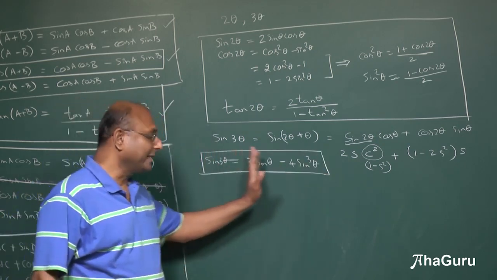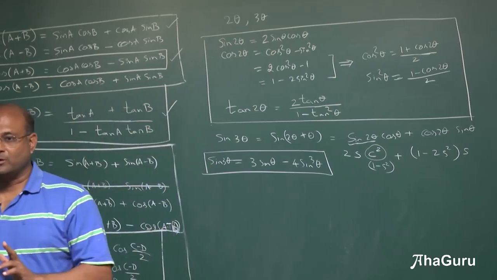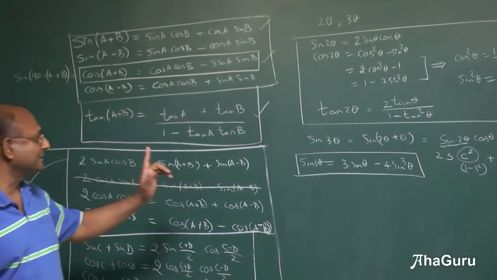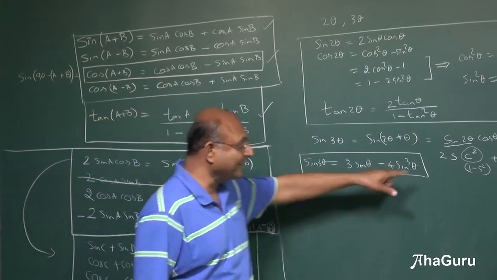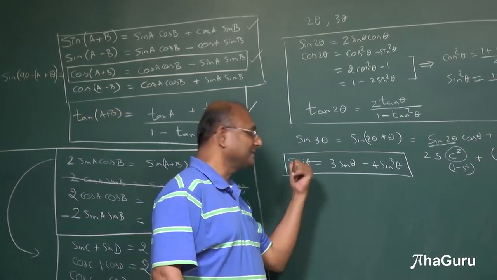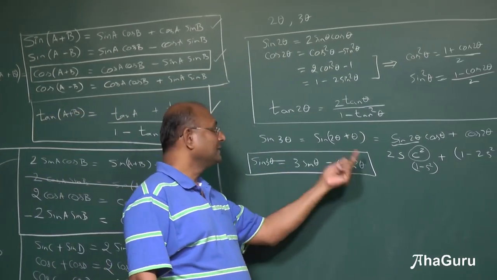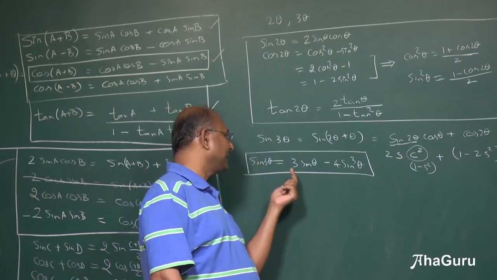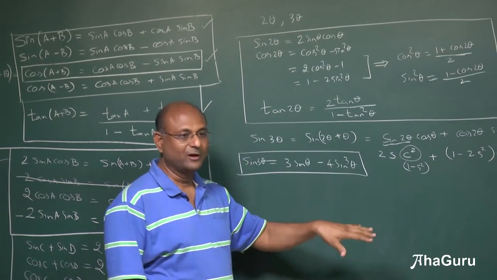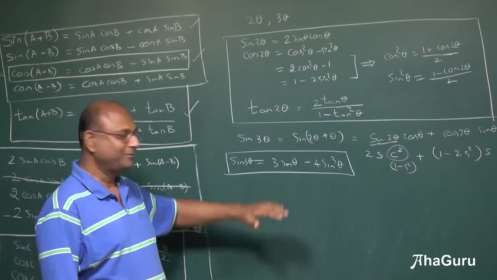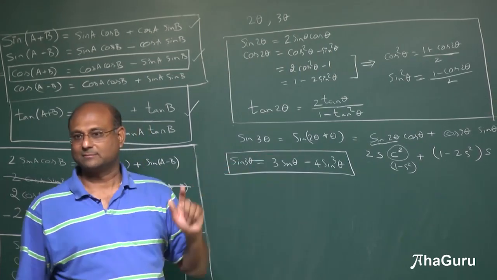It's good to remember it like this, but as before, one of the most useful applications of this formula is to rewrite sin cube theta in terms of sin theta and sin 3 theta. So what will that be? Sin cube theta is equal to (3 sin theta minus sin 3 theta) by 4. Nobody remembers it very much, so we will not worry, we will remember only this.